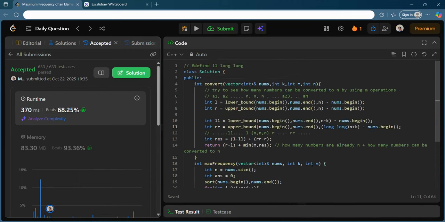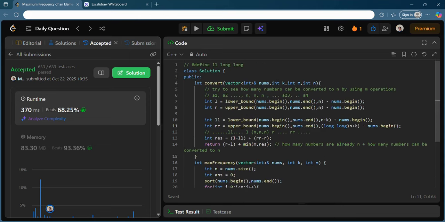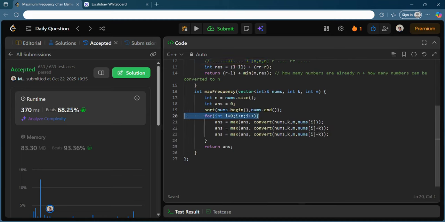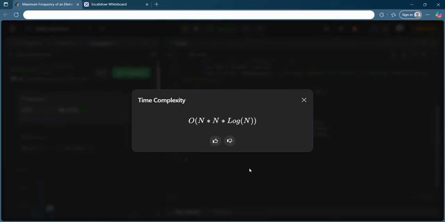And what is the time complexity of this code? You see it is n log n, because you use log n time complexity for this convert function, and you have this n. If you just analyze time complexity, you will get n into log n.